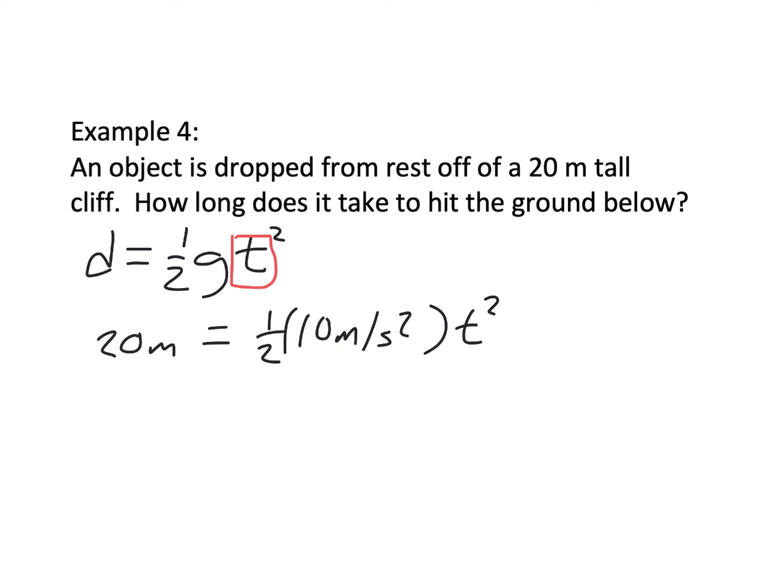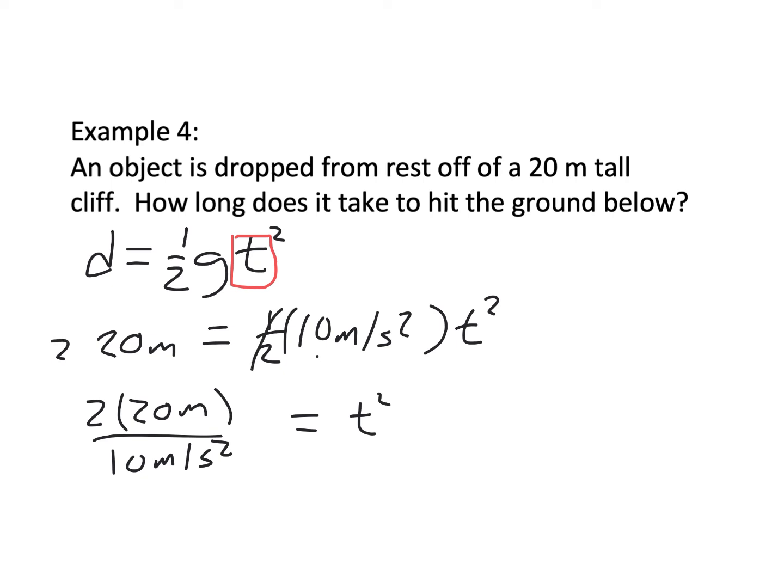And if I simplify that, I want to get t by itself. So if I multiply both sides by 2, I'll get rid of that 1/2. And if I divide both sides by 10, I'll get rid of that 10, and I'll have t left by itself. And so if I write all that out neatly, I get 2 times 20 meters divided by 10 meters